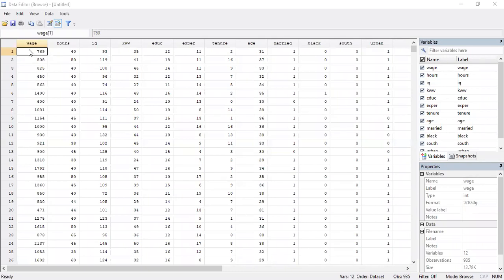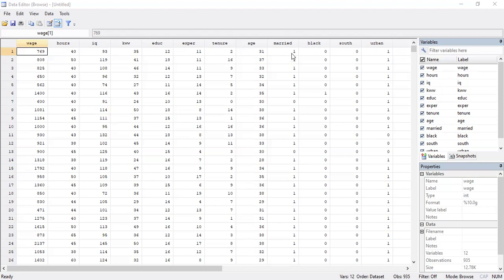Wage is talking about maybe the salaries for a specific number of workers, and then hours is the number of hours that they work per week. IQ is a person's IQ level, and then this is the level of the person's knowledge, education, experience, tenure, age,